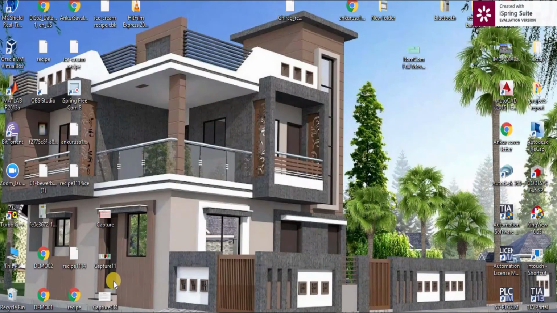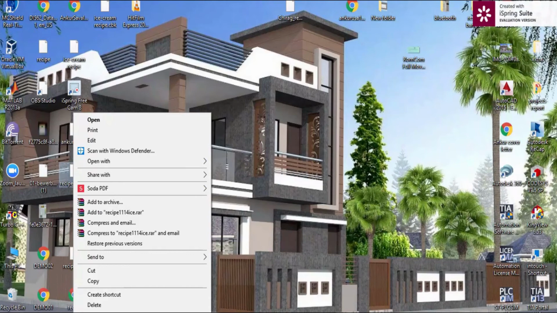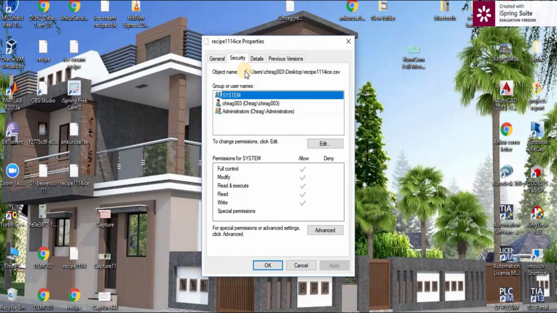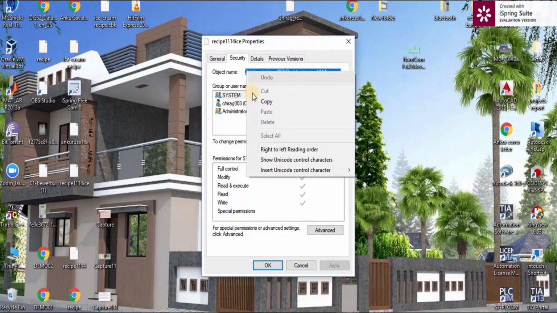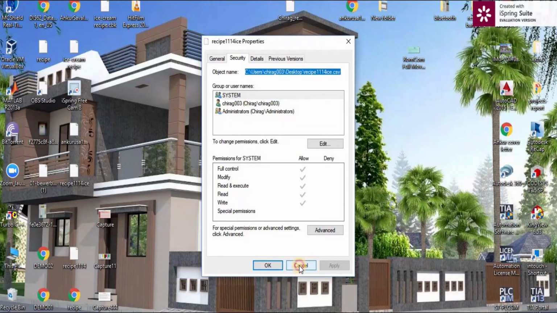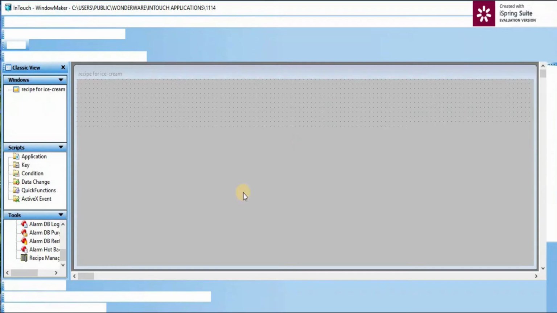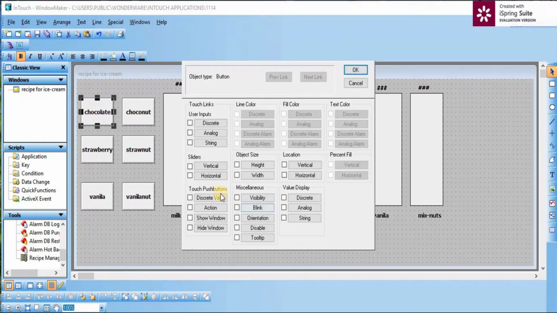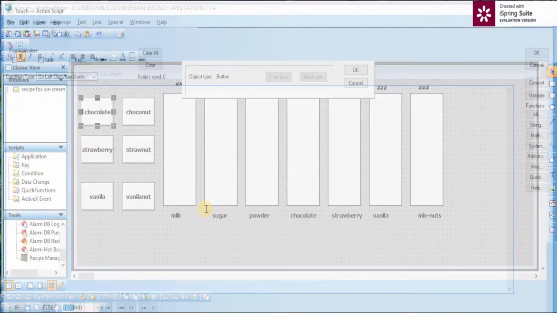So here is my recipe, right click, go to property, select the object name, copy, cancel. Coming back here in SCADA, click on the button, in property choose action.